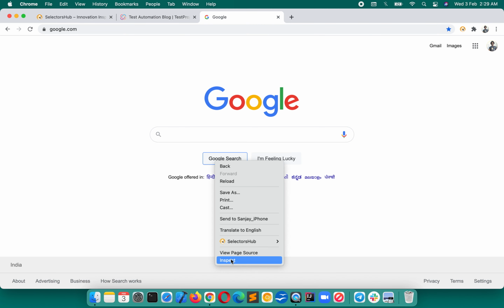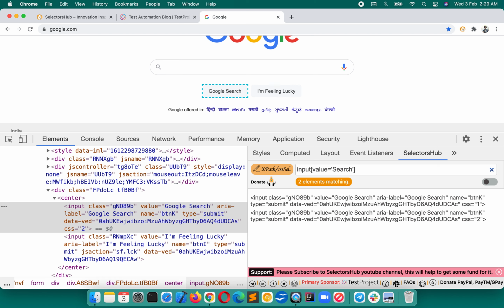Now you see that if you want to write all those which end with search, what we can do, of course, is delete this value and put the dollar sign. Here you will see it is showing two elements matching, but if you remove the dollar sign, then it will show zero matching nodes, because value is equal to search, there is nothing.